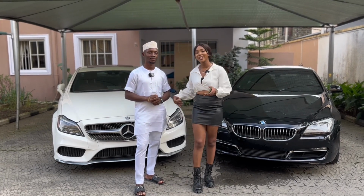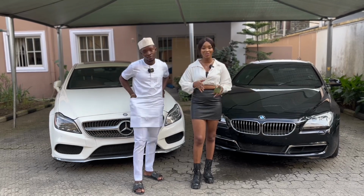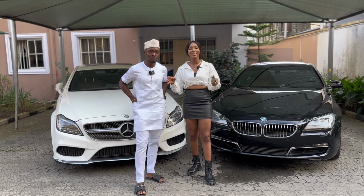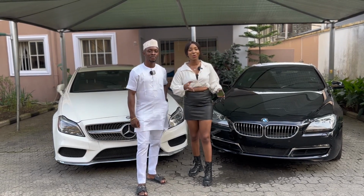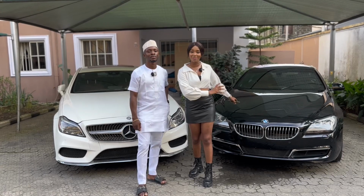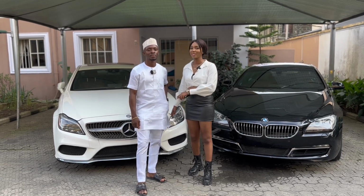Mercedes started this body style with the W219 generation of the CLS, which is the first generation of the CLS, and it is a fastback slopey roofline sedan. So it's like a coupe but has 4 doors, and BMW has chosen to call this the Grand Coupe. So for us here, we have the BMW 6 Series and the 640i Grand Coupe, and we have the CLS400